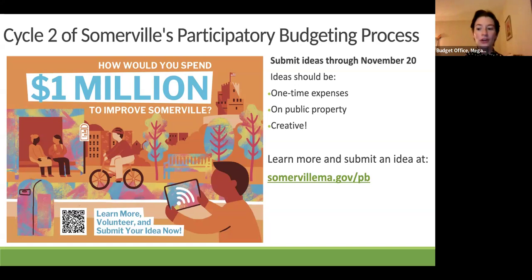There is no knowledge of budgeting or city expertise required to be a volunteer. We will have you learn from city staff, provide you with materials, and allow you to engage with other residents on what would be the most beneficial projects for our city.